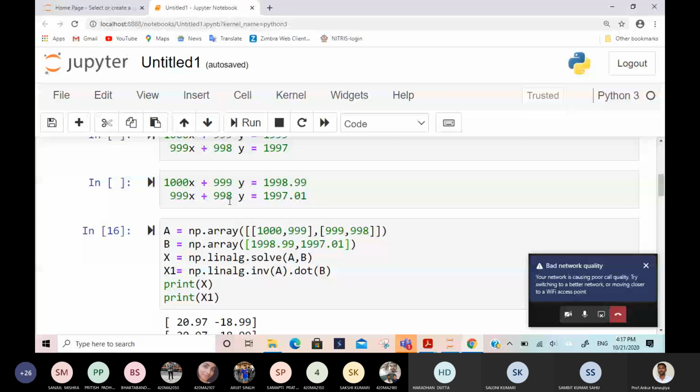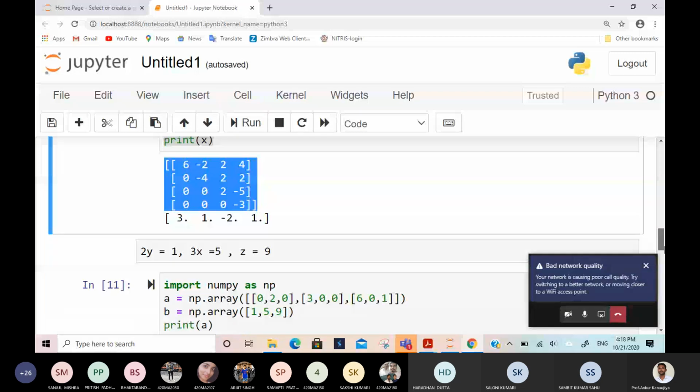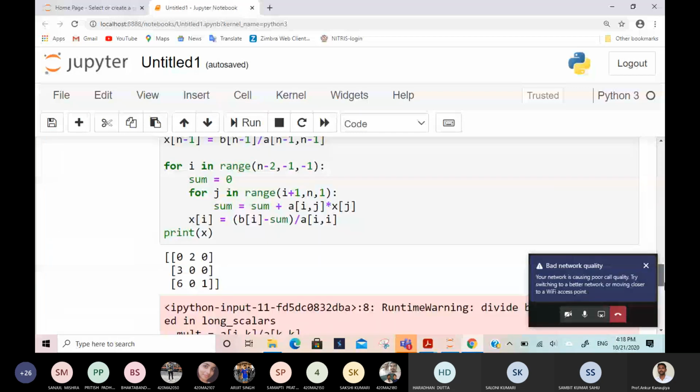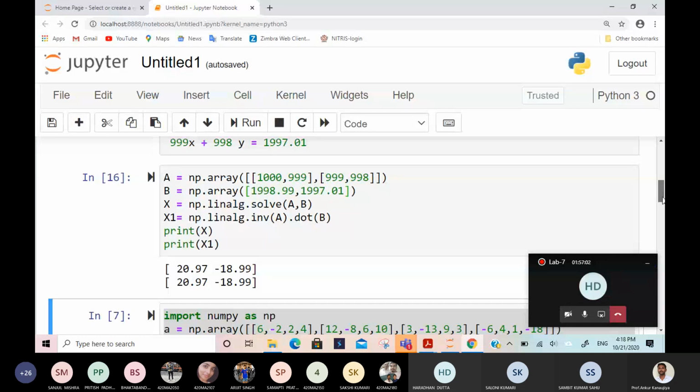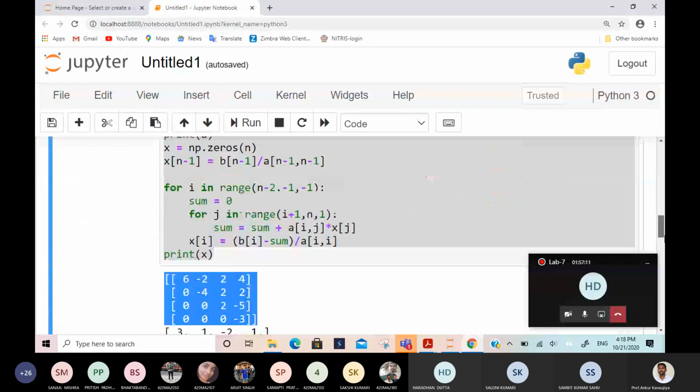Suppose some matrix has determinant 10 to the power minus 15, which is non-zero. That value, 10 to the power minus 15, is very close to 0. That means the matrix is very close to a singular matrix, so it can create a problem. Such a type of matrix is called an ill-conditioned matrix. Anyway, I will not give any example which will create such a problem. We can deal with this by using a permutation matrix. You can multiply by the permutation matrix and then solve. Like, first make an ill-conditioned matrix well-conditioned, and then you can solve.